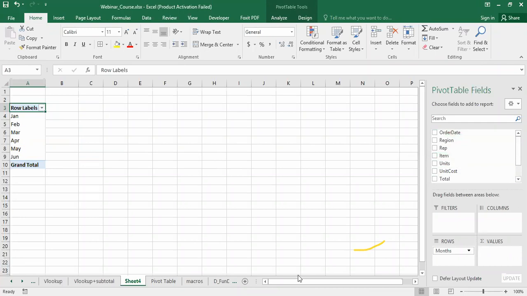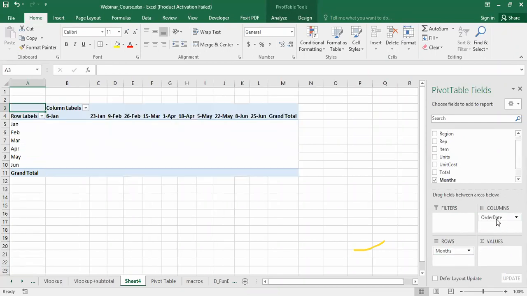So for that, what I can do here, you can see now, we can drag this order date in the, say, rows or columns. It is up to you what you want to do. Say the column. Okay, as soon as we put this particular order date here in the column, all the dates will become the fields of the table, right?